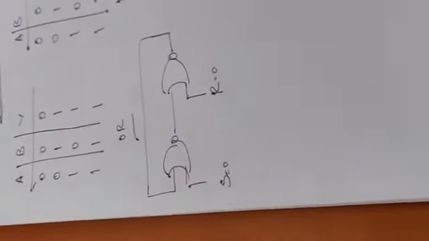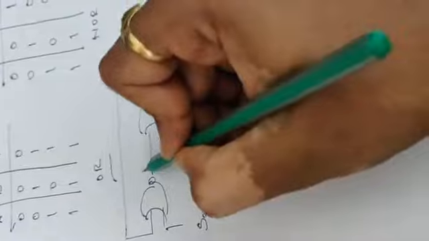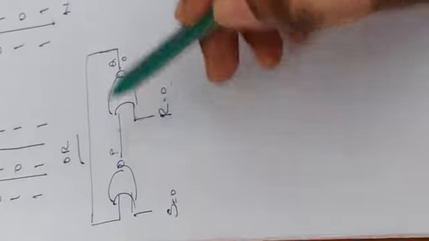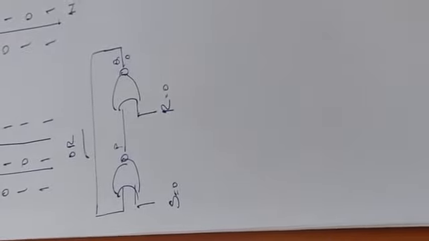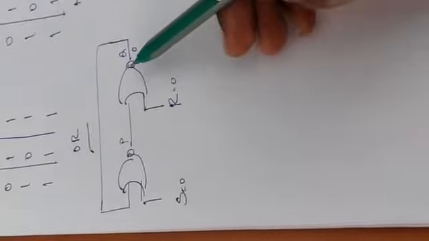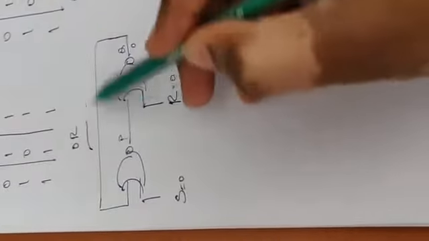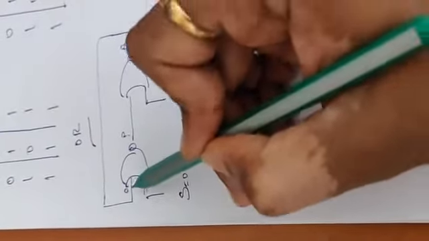What is Q? Let me assume that in the previous state, the state in which the circuit was last left, Q is equal to 0. This is Q actually, and this is P. I don't know what P is now. If this Q is 0, this 0 will be passed back to here. So what is the input for this circuit? It will be again 0.